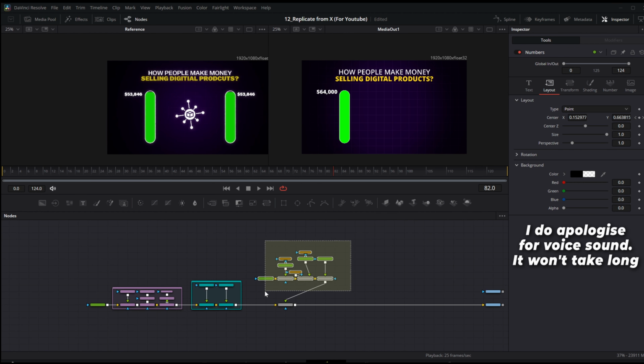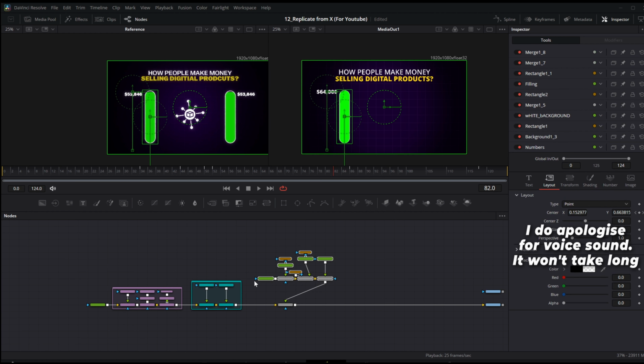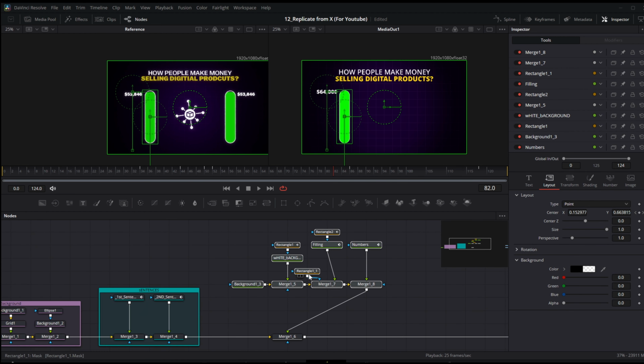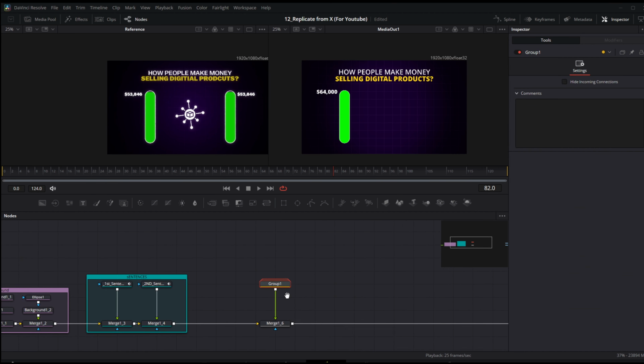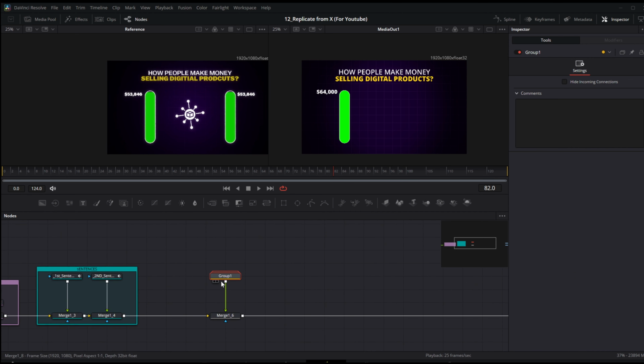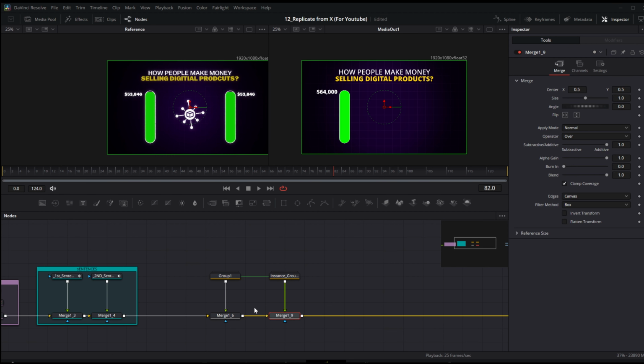For now, I'm going to mark all of these nodes in this node tree, and I hold Ctrl and type G, and we got a group. And what we're gonna do now, we're going to copy this group, Ctrl C, and paste it here as an instance. So Ctrl Shift V in empty space. You've got an instance. I'm going to merge this up here,